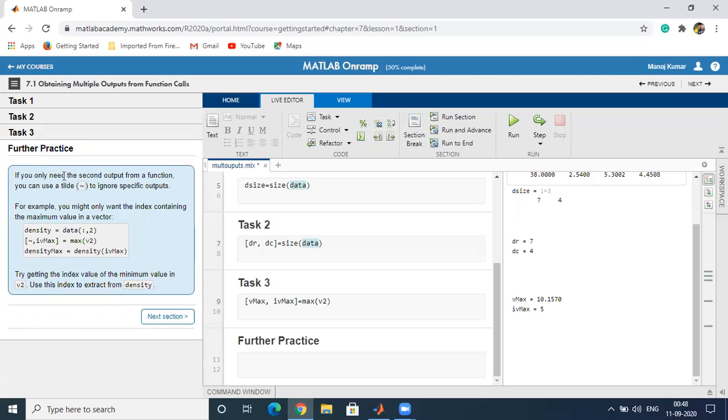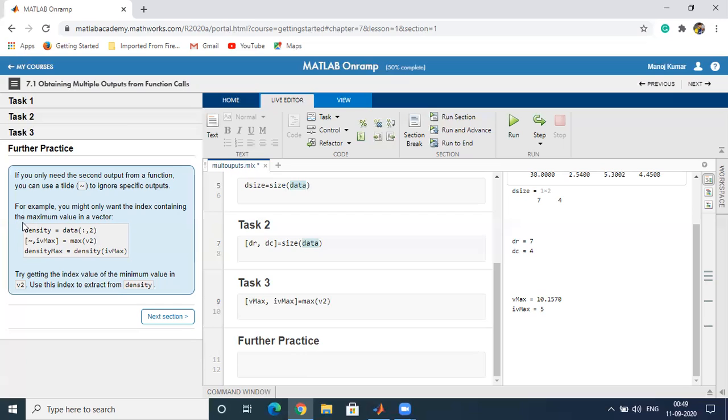For example, if you only need the second output from a function, say a matrix is given and we want the index at which the maximum value is present, we don't want the maximum value but we want the index, then we can avoid it just by typing the tilde button for the maximum value inside the square brackets, and then we only get the second output.